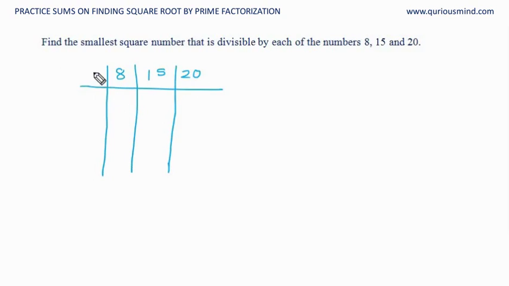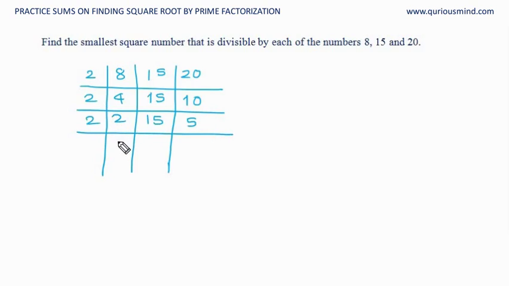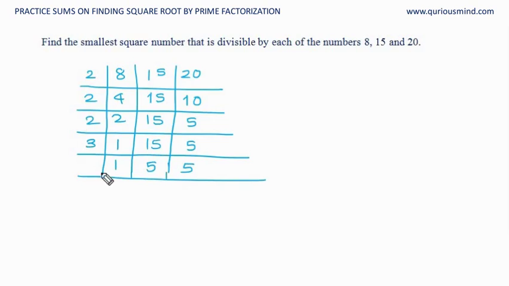The first factor 2, yes, there are two even numbers, so 2 is a factor. 15 comes as it is. There is still a 2 here, so 2 is a factor. Now 2 is not a factor, but I can see that 3 is a factor. And now the only factor is 5. So the LCM is equal to,